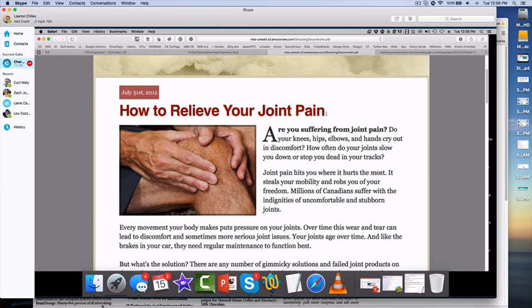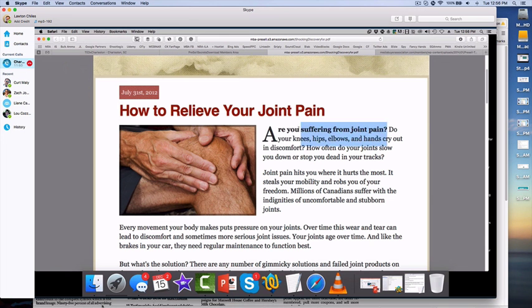Right. And the magic with the traffic is that the only people coming to this page are typically sent from a paid ad or a referral link. And they know they're coming for joint pain. They're not coming for any other ailment.